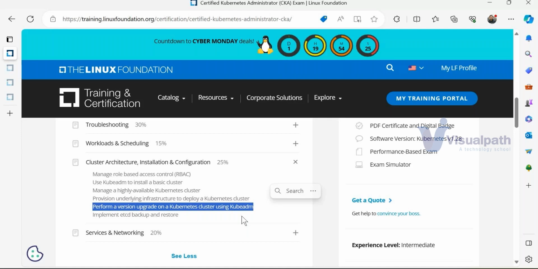Implement etcd backup. Kubernetes comes with an inbuilt database called etcd. We need not bring any database from outside, or configure a database. It's inbuilt. As soon as I set up the cluster, the database will also be configured. This database will store all the information of my cluster. What is the IP address of node 1? What is the IP address of node 2? How many machines are there? What are the port numbers? How many applications are running? What are their port numbers?